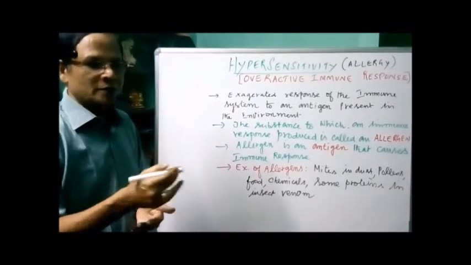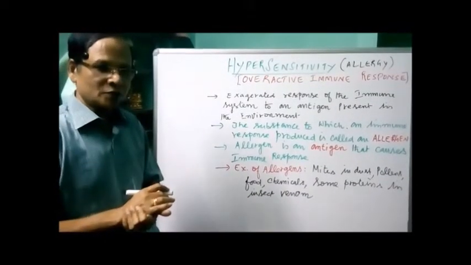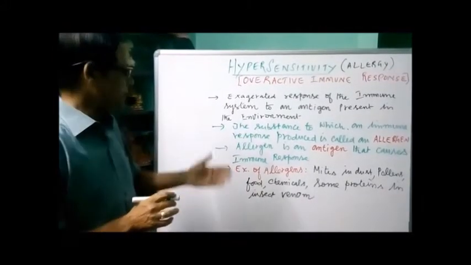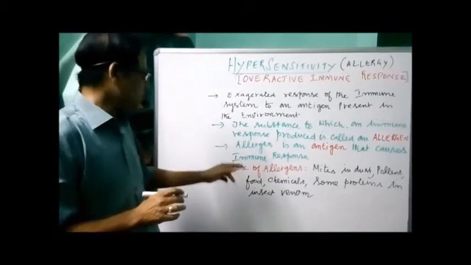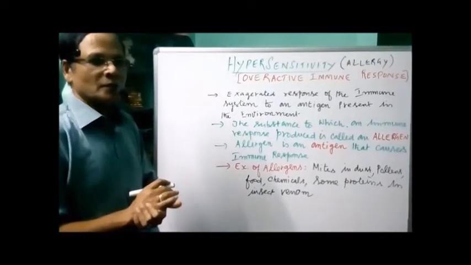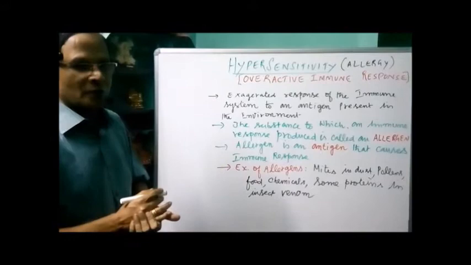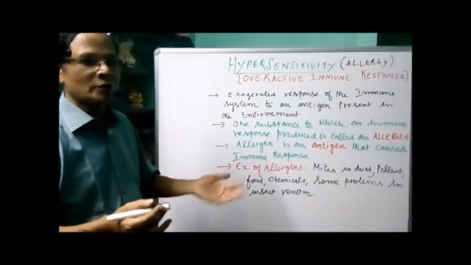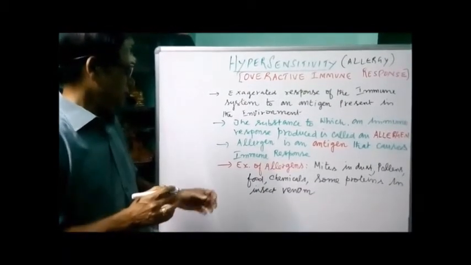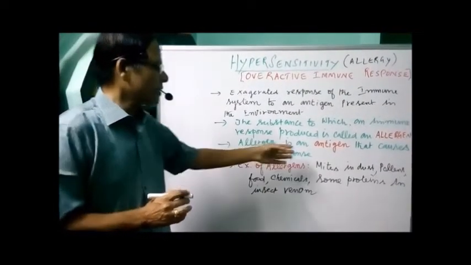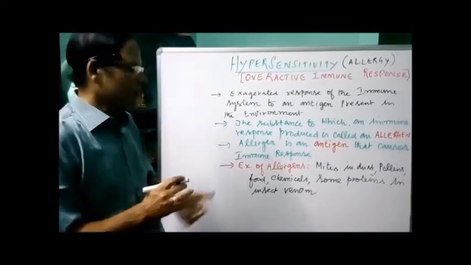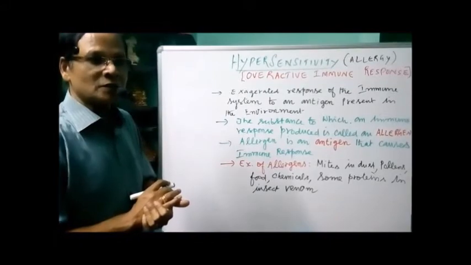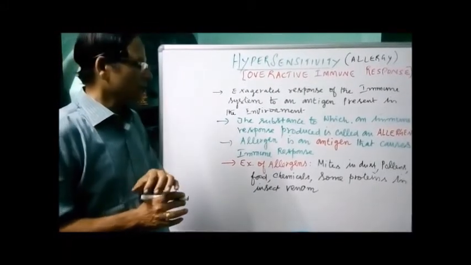So the substance responding to the immune system is nothing but an antigen. An allergen is an antigen that causes an immune response. We have a number of examples, from food, medicines, pollens, microorganisms, etc. The important allergens are mites, arthropods present in dust, and pollen grains. One which is highly dangerous is found in a beautiful flower.